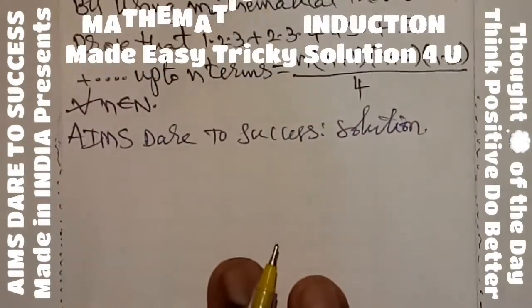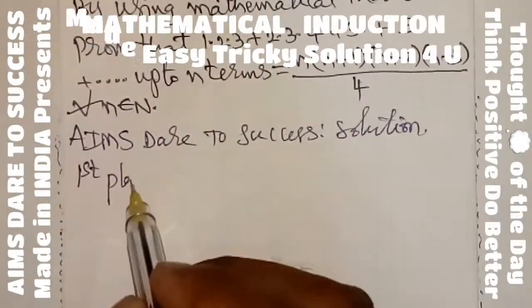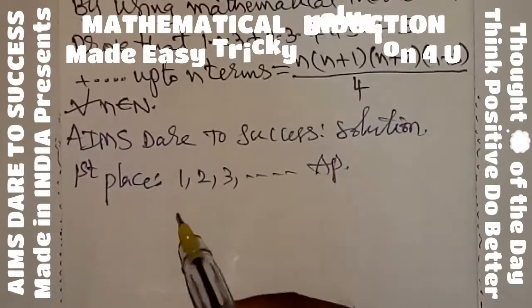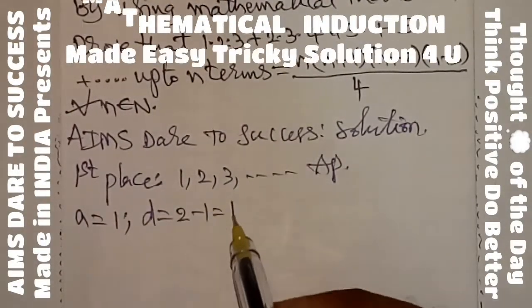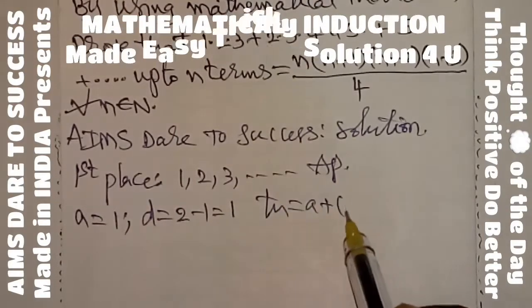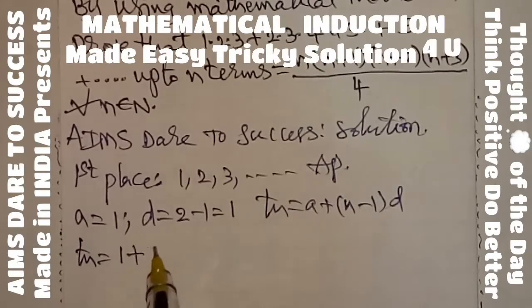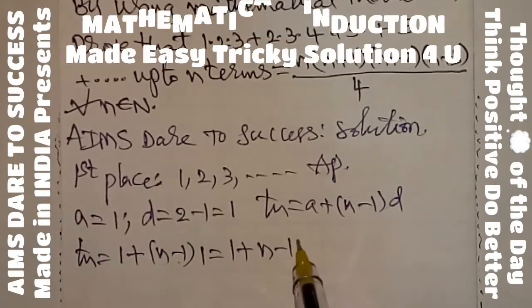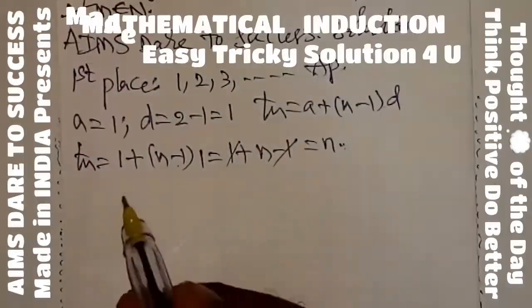First value is 1 in the first position, 2 in the first position, 3 in the first position. So I wanted to write it shortly: the first place values 1, 2, 3 and so on are in AP. Here A is equal to the first value, 1, and D is equal to the second value minus the first value, 2 minus 1 is equal to 1. Here the nth term Tn is equal to A plus n minus 1 into D. So substitute A value 1 plus n minus 1 into D value 1. This is equal to 1 plus n minus 1 into 1, which is n minus 1 only, plus 1 minus 1 get cancelled. The first place nth term is n, and now we can go to the second place.